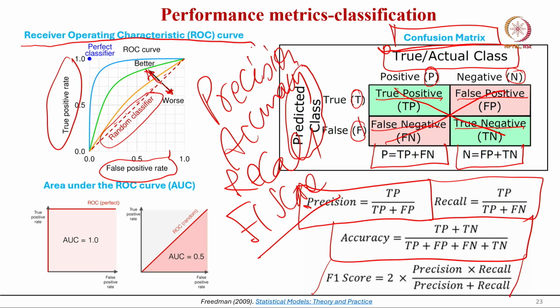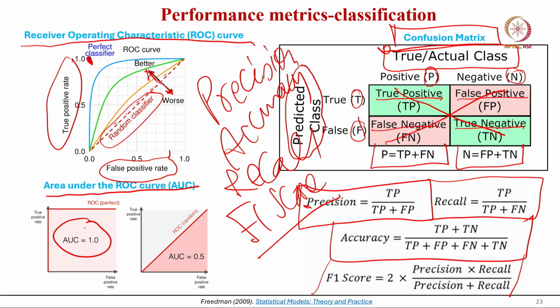One end you can see is a perfect classifier, where the true positive value is 1. As it goes from the random classifier towards the left hand side, the prediction of the classification algorithm improves, right. And the area under the curve, AUC,